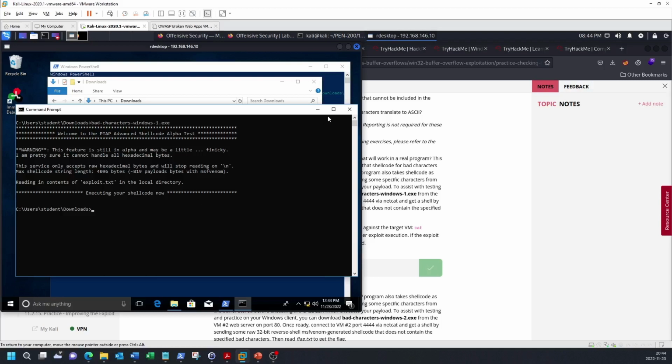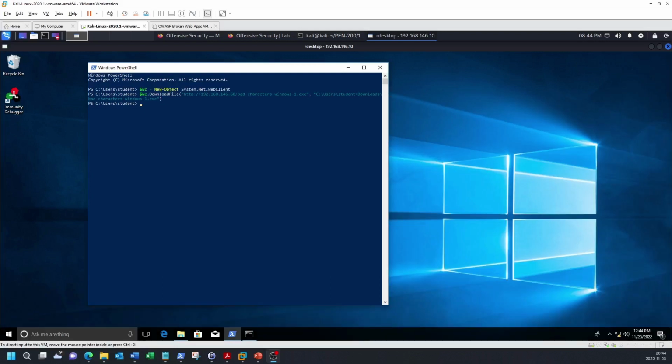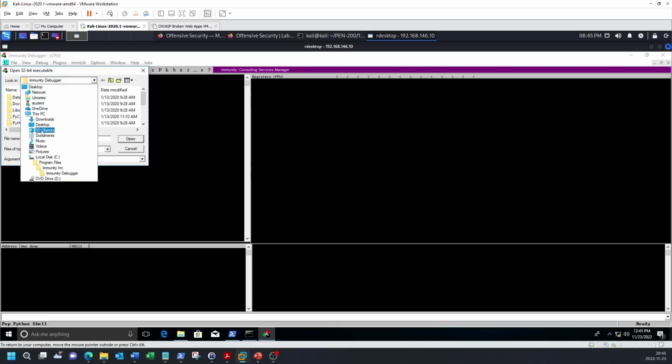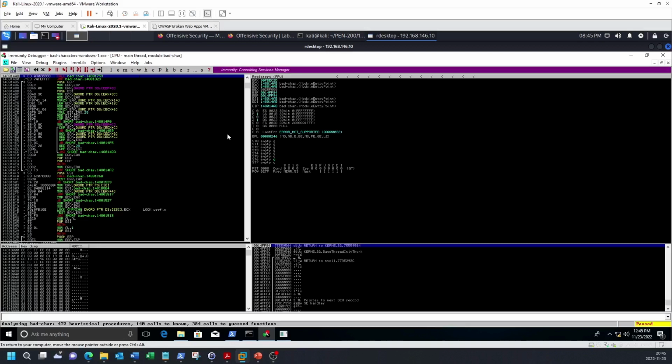Setting a breakpoint. At this point, you can minimize the command prompt window and the Explorer window. Just leave the PowerShell window open and visible. I'm also going to maximize the RDP window. Run Immunity Debugger. Then open the executable file. If you look in the bottom right corner, you will see that the execution is paused.